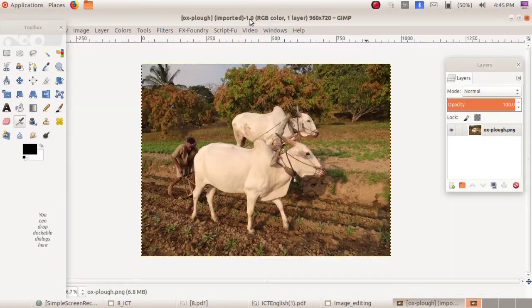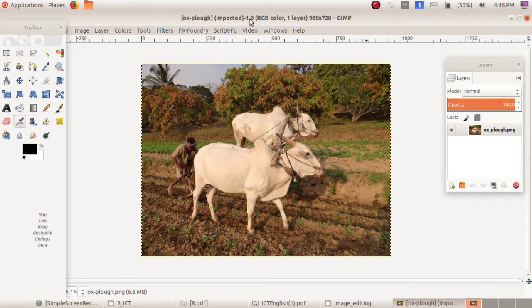See, now also the image is opened in GIMP. So there are two methods to open an image in GIMP. First, directly go to GIMP, click on file, click on open and select any image. The second method is to go to home, school resources, image editing, then right click and select open with the other applications.